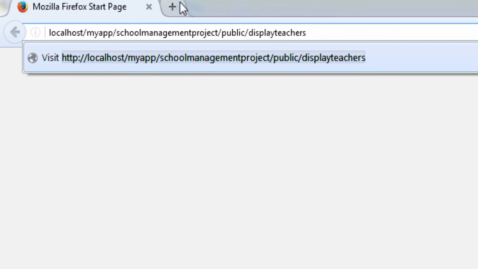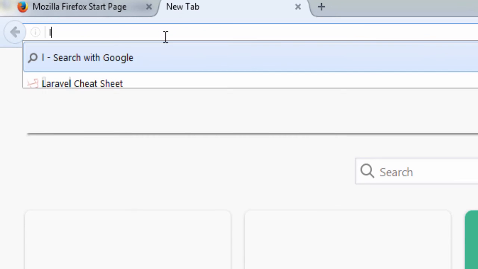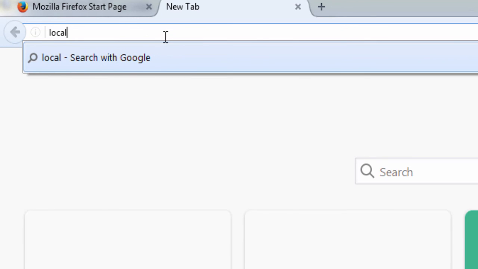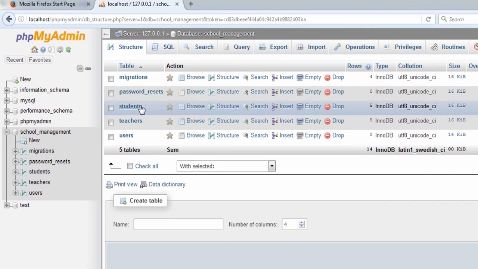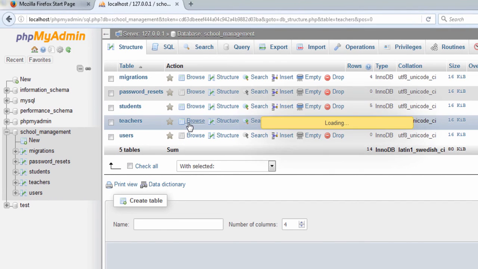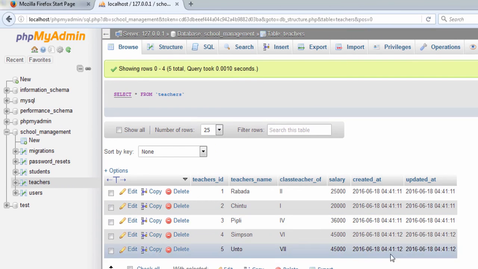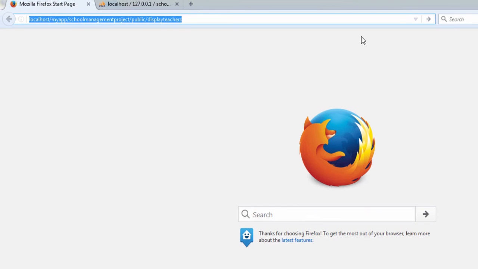First let me open the database. So I will type localhost/phpMyAdmin, and in the school management project we will browse the teachers table. So here is our data, this must be displayed on the page.